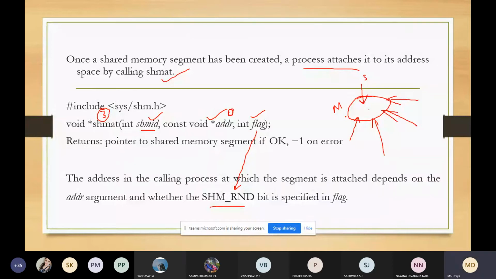Suppose it is not 0, then it depends on this flag where to point. Yeah, that is about this third function.